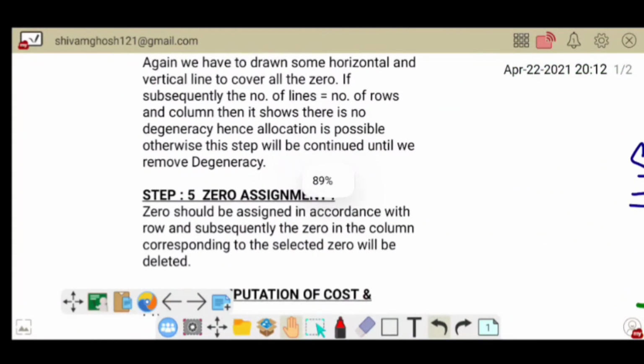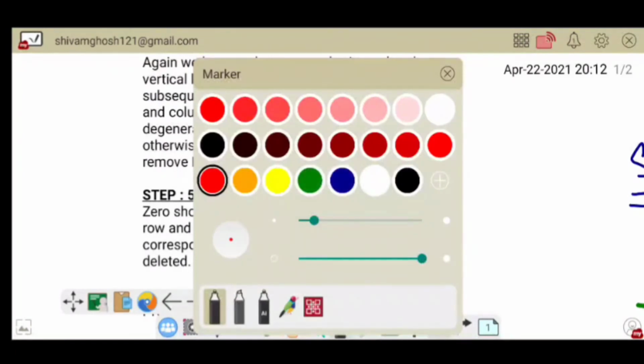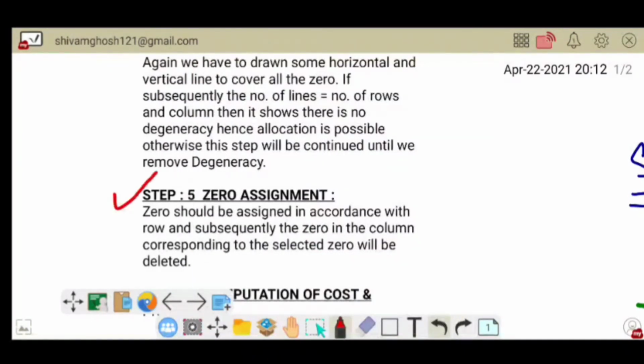Step 5, that is zero assignment. In this step 5, it says that 0 should be assigned in accordance with row. We have to select one 0 according to row. On the row basis, we select one 0, and subsequently the 0 in the column corresponding to the selected 0 will be deleted.